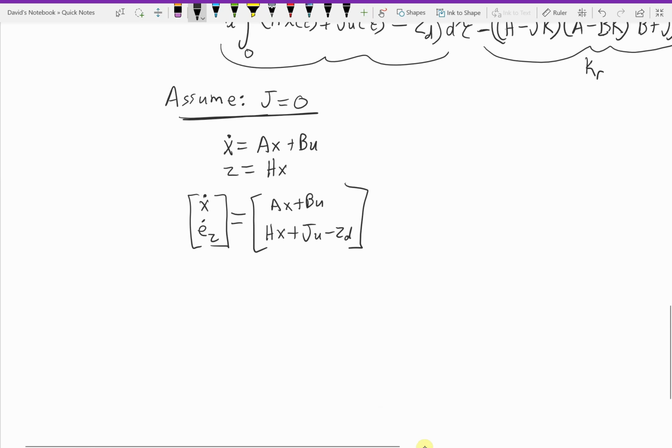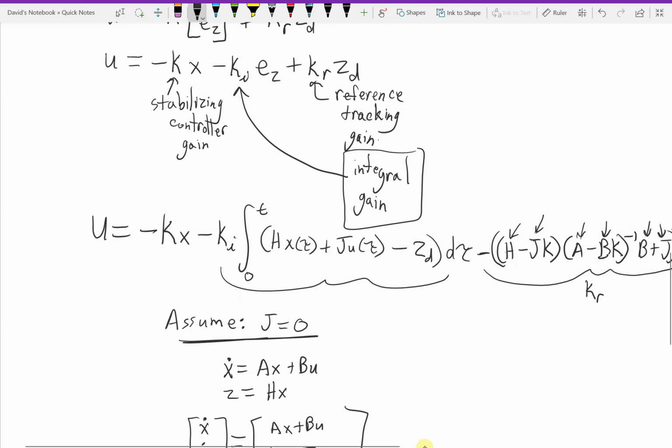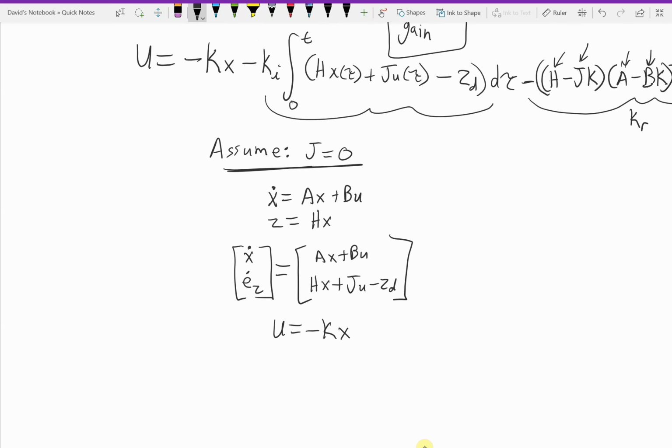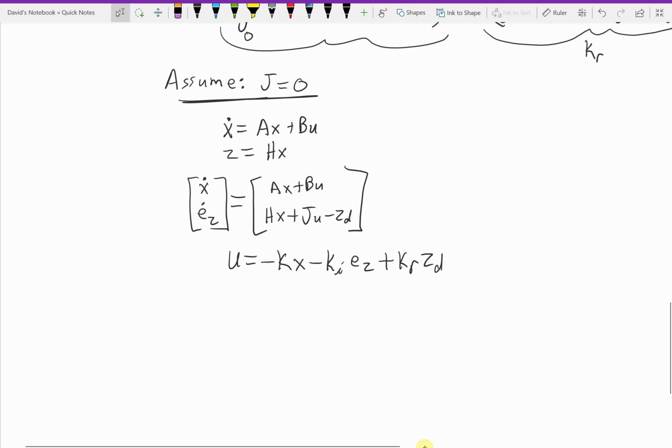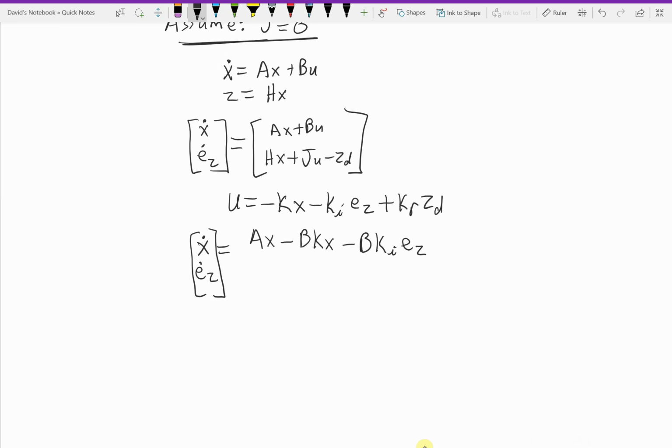To look like that. If we apply our controller up here, so the control that we apply will be minus Kx minus Ki ez plus Kr zd. And I substitute that in for u in my new system, I will get Ax minus BKx minus BKi z plus BKr zd,